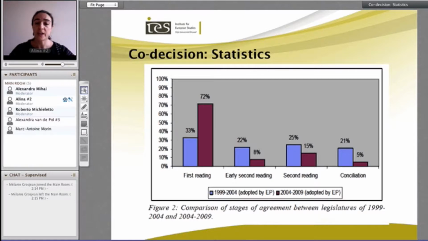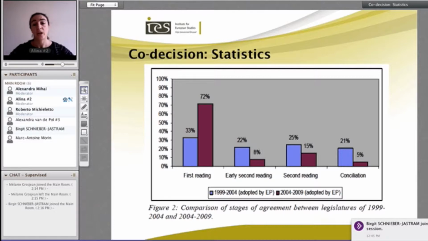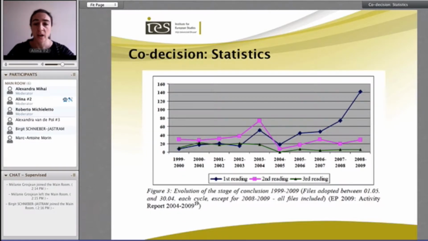Here, once we reach the second reading stage, the European Parliament and the Council have 3 months to decide. They can extend this period by 1 month. And here the European Parliament is a little bit in a weaker position, because in the second reading, if they don't reach an agreement within the 3 months, then the proposal is deemed as adopted. So that's one of the major differences between the two stages.